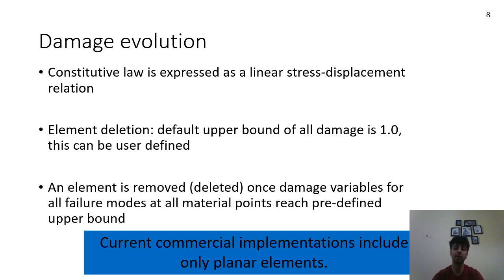Also, another important point is that this failure criteria has been implemented and is ready for use. This does not mean that you cannot implement other damage criteria inside the software. Using user-defined subroutines, you are free to implement other damage models if you think that your damage model is more suited to your problem as compared to the Hashin failure criteria.